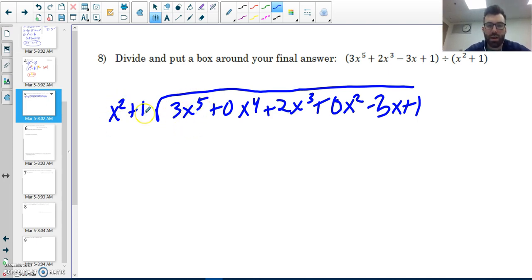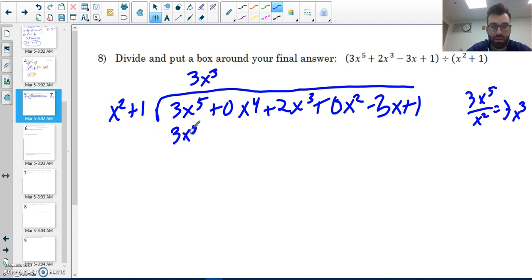What do I need to multiply to x squared to get 3x to the 5th? Remember, you can do this little trick where I divide my first terms. Okay, divide these terms out. Well, I need a 3. And I have 2 and 5, so 5 minus 2 gives me the third power. So that's what I'm going to write up here. Remember, I multiplied this term here, 3x to the third, times each term. So times x squared, which will give me 3x to the 5th, and times 1, which would give me 3x